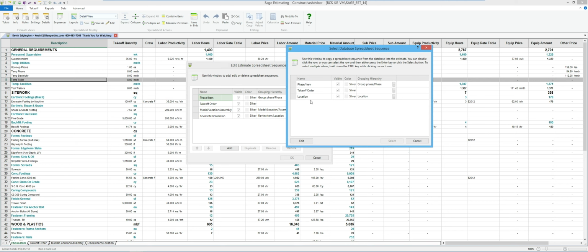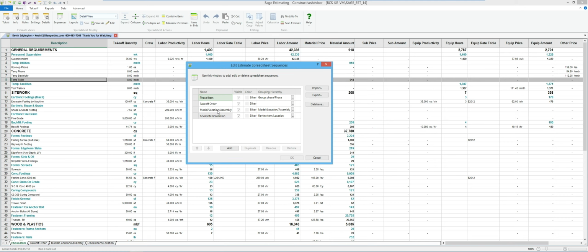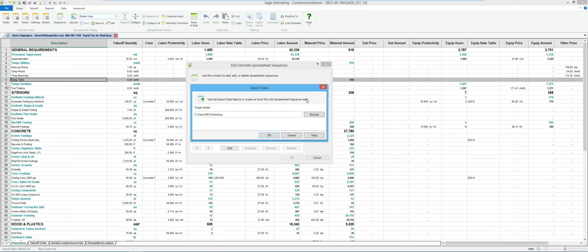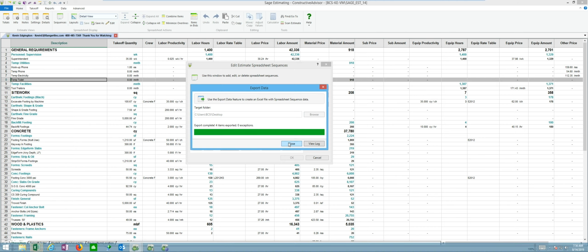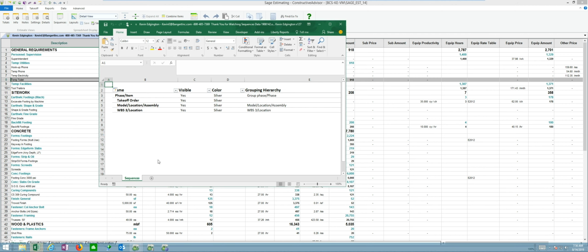So if I want to take something from, let's say I would need one of these other ones that I want these to be over in my database. So I could say export this list, pick where it's going to put the file. This is actually going to turn around and create an Excel spreadsheet with that content in it.